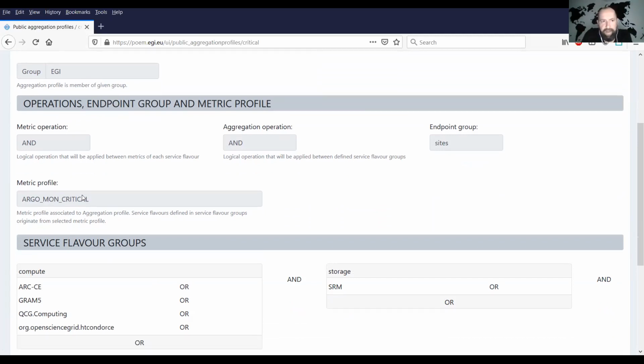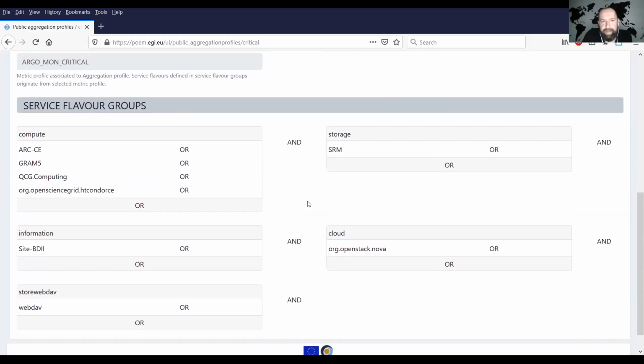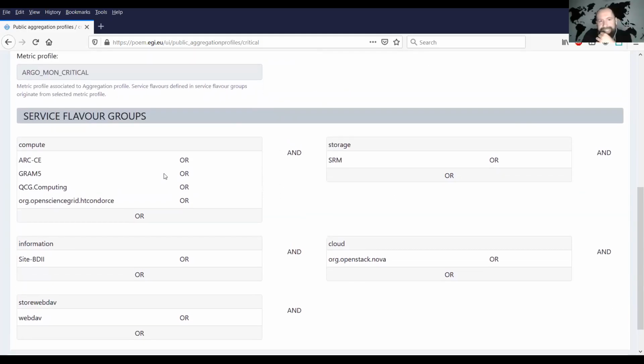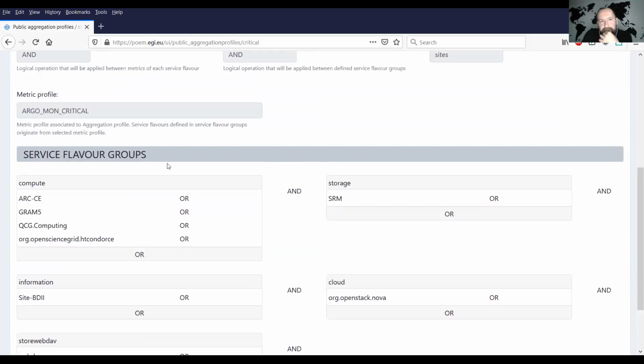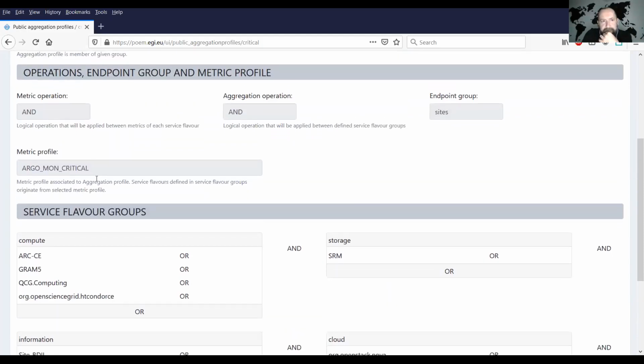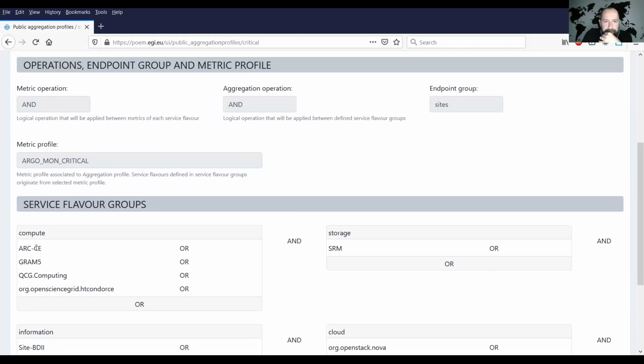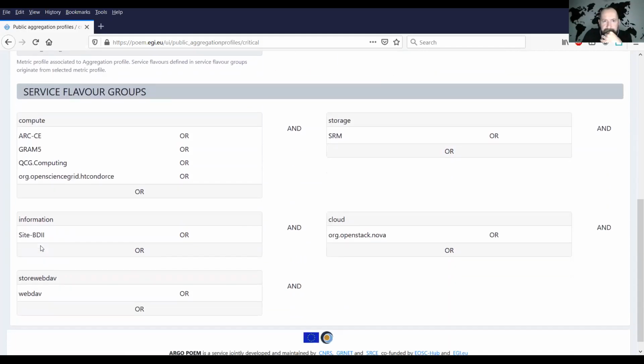Here you also define which metric profiles you rely on, and this is where it becomes interesting. Here we create these service flavor groups.